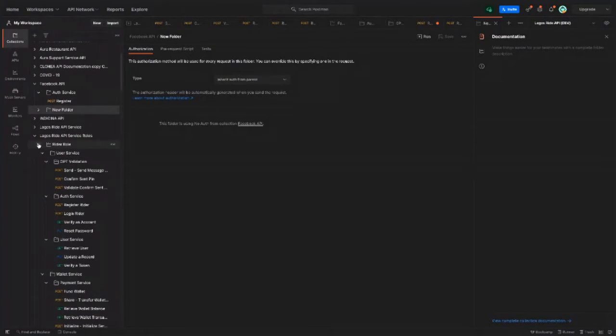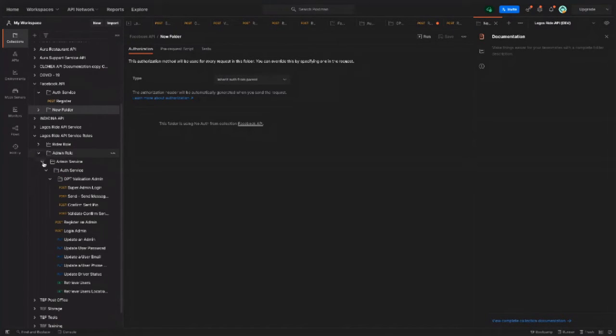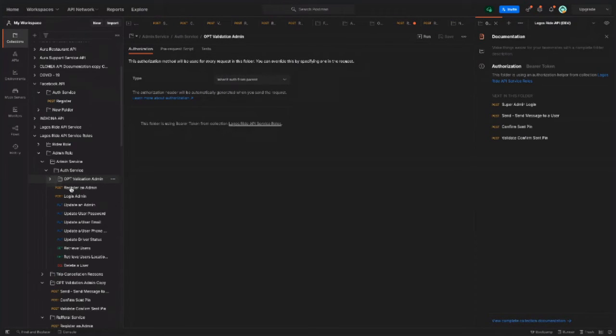You can see auth service here, and under it I have register, login, update. So whatever endpoint you have under your folder, it should be added to your folder.